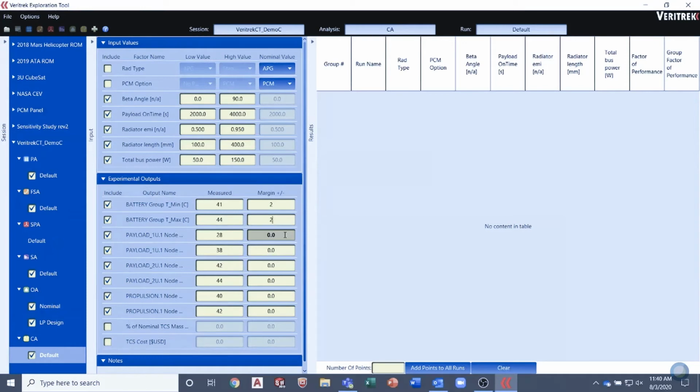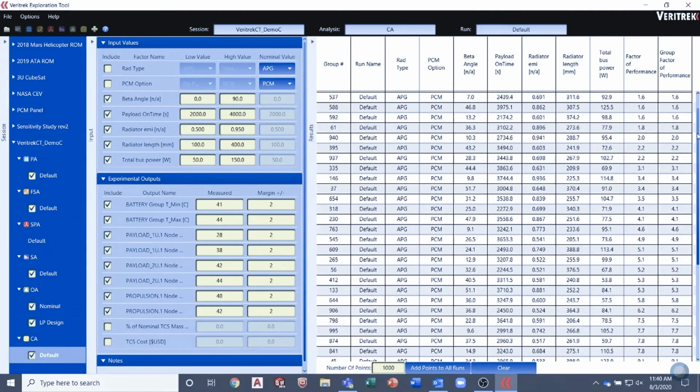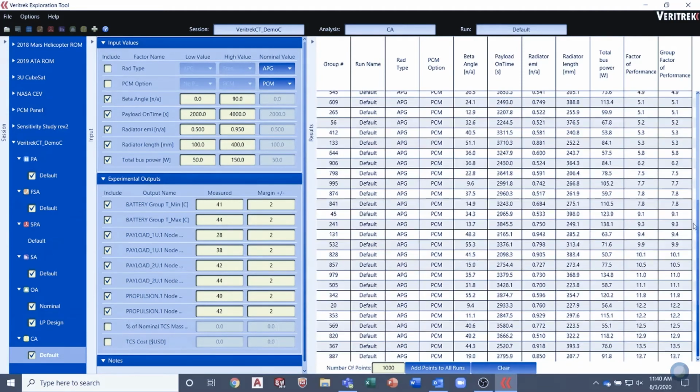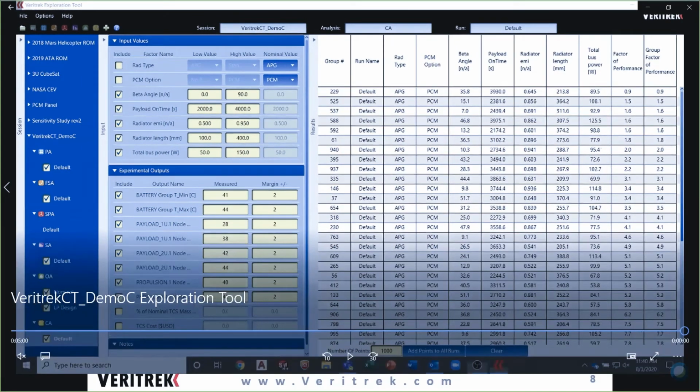And so how this analysis feature works: in this measured column in the experimental output section, this is where you put the temperature measurements from your thermal test, so the values that you're trying to correlate your model to. In this example, I want to correlate the model to be within 2 degrees Celsius with all of our temperature measurement locations. And we can leverage the power of the ROM to very quickly investigate thousands of different combinations of